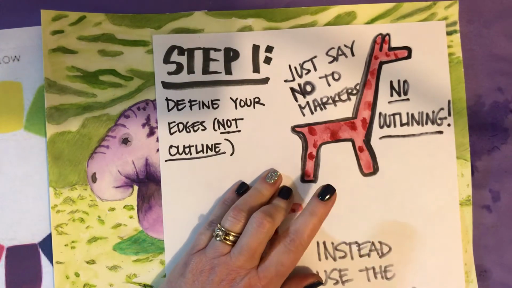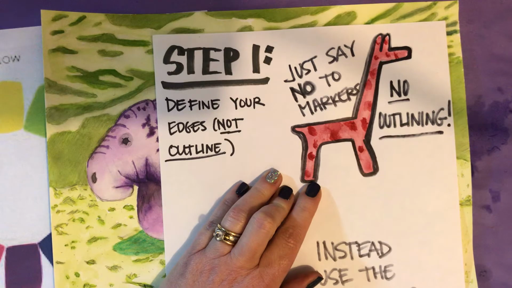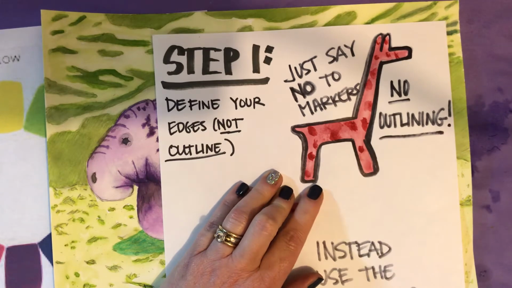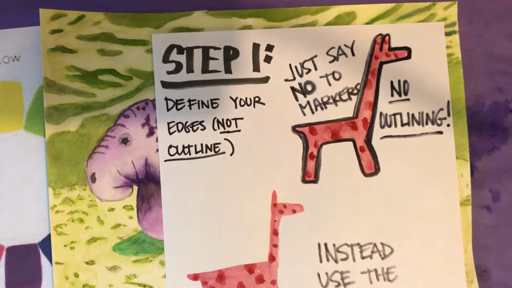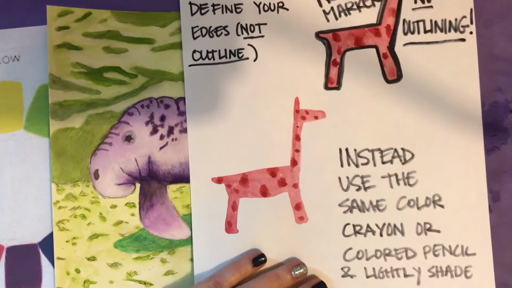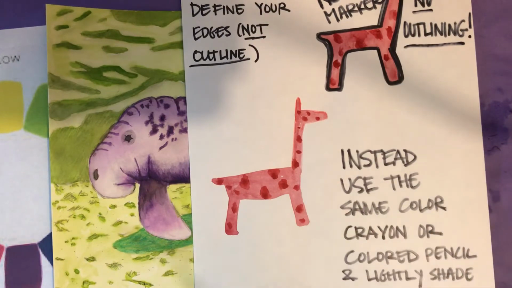Say no to outlining yours with marker. That's something that they taught you in elementary school, and now I'm trying to break you of it. That is kind of like for younger kids. So do not take a marker and outline it. Define your edges, but instead use the same color, crayon or marker,